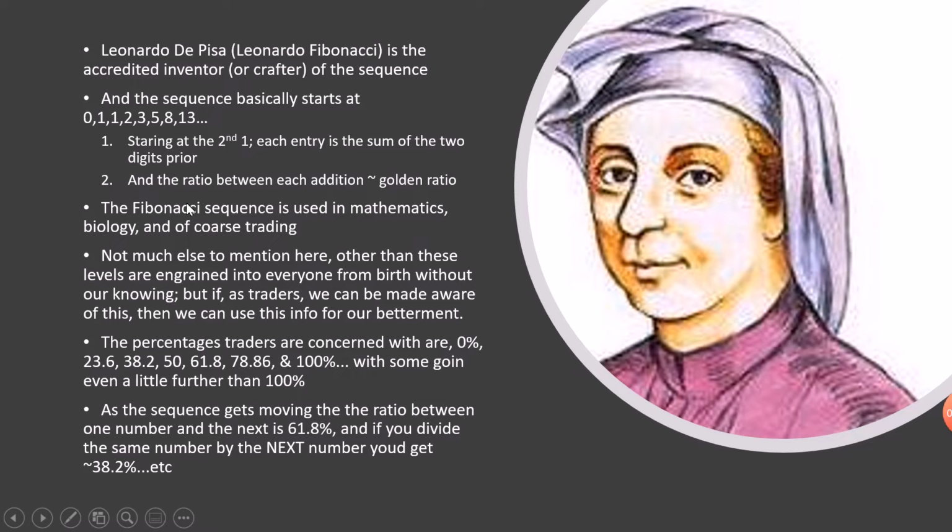And the way you get these numbers is, 5 divided by 8, I can't do it off the top of my head, but 1 over 2 is 50. 2 over 3 is 66.6, right? Percent. And it's supposed to get ever closer to the 61.8.